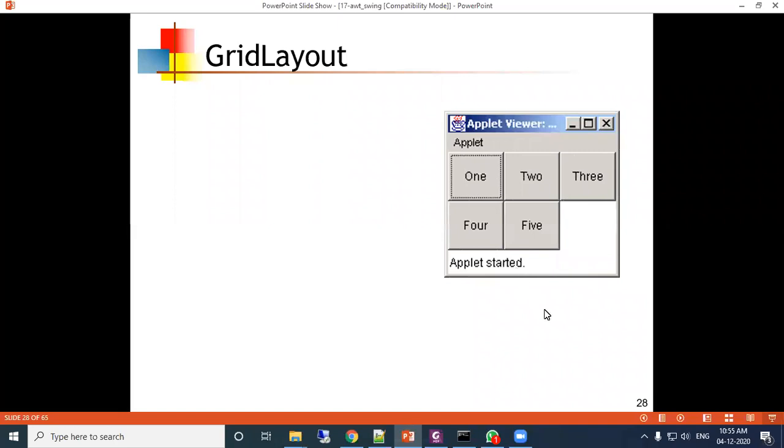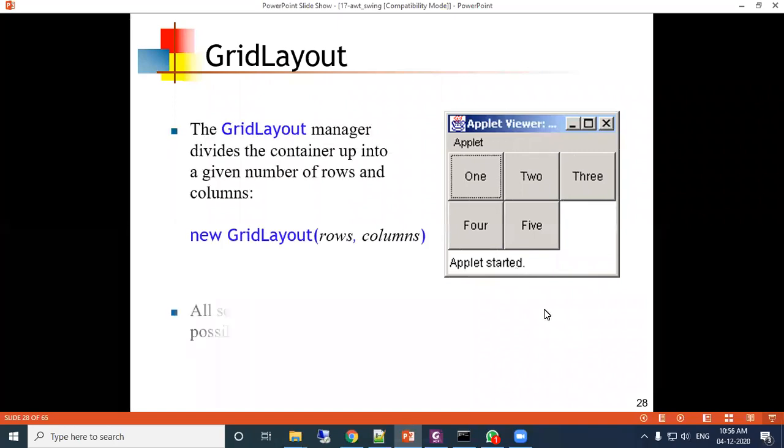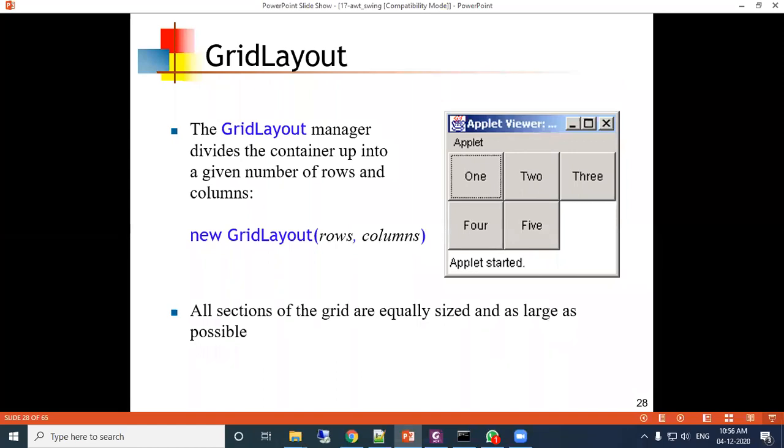So this is one example of grid layout. So today we will see another layout that is called card layout.